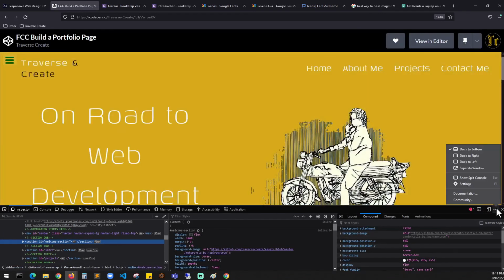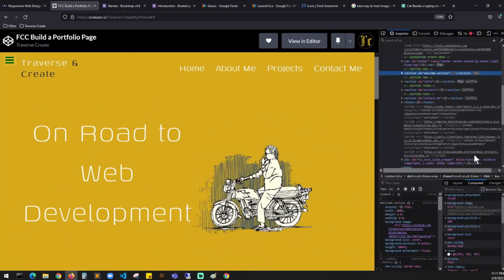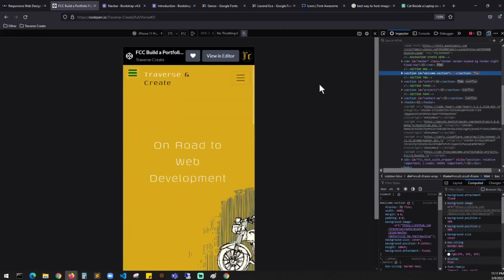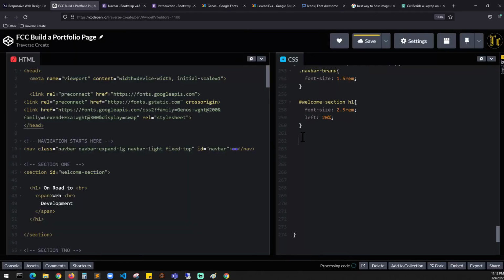I'm going to dock it to the right. I'm going to change the view to mobile and have a look at it. This is how at iPhone 11 our header, the navigation brand, is going to be to the top left with a smaller font. Our text will be in the middle. Image is not going to be complete because it's a background image. We're going to add some